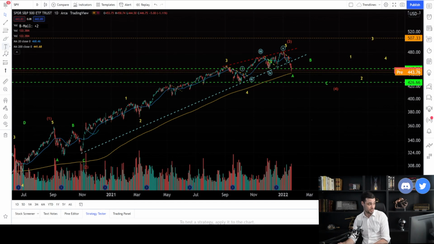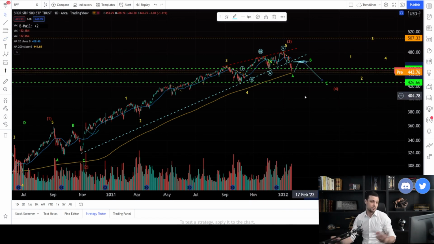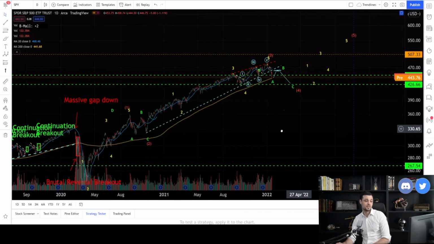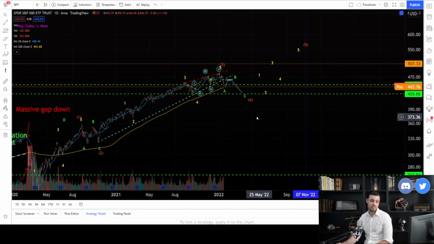But then, guys, here it would be the time to take profits on, I think, many stocks. If you have some, I would personally do that, because then we have the C wave coming. The C wave might end in April, something like this. And depending on the A wave, we're going to analyze the C wave. Today is too early to say. And the good thing is that this is only a fourth wave, guys. So we're going to have a massive rally starting maybe in June 22. So we have 6 months where I think we need to be cautious, we need to be careful.